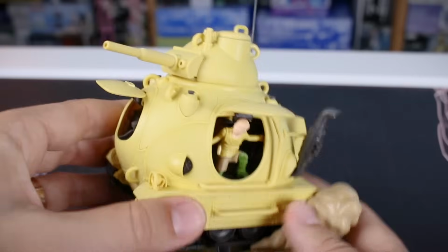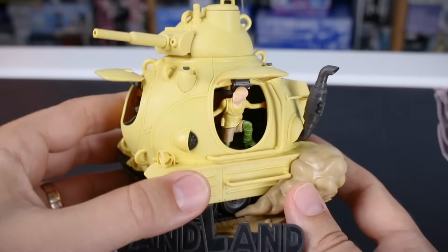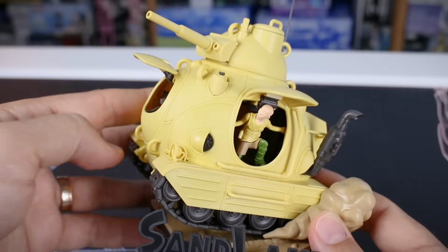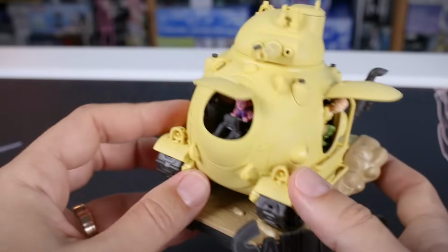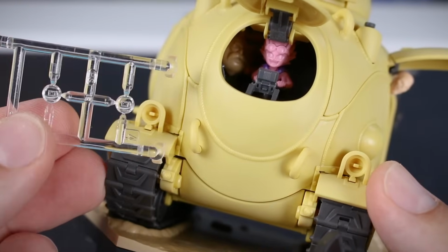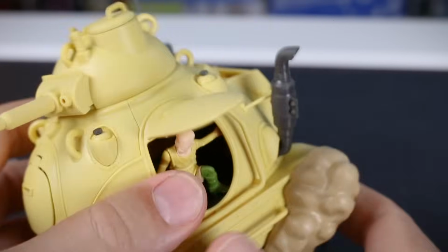It might actually be sort of interesting, rather than having this display flat on the ground like that, if there was a way to display it ramping up, I think that would be pretty cool. But otherwise, just a fairly simple kit here. You do have a couple of clear parts for the lamps in the front, the headlights on the vehicle. And I guess when I say it's fairly simple, it's actually maybe not that simple,